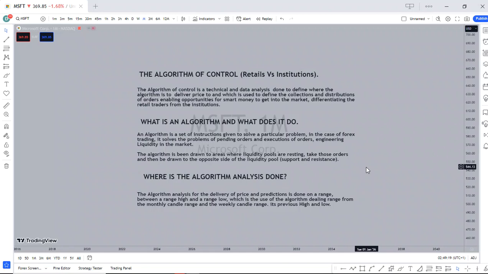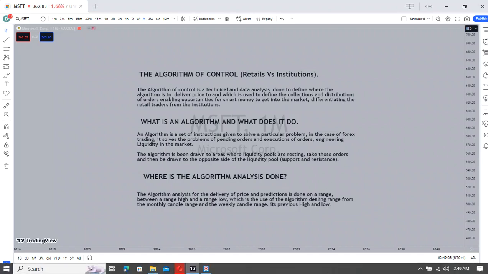Confirmation entries. The higher time frame gives you a hand of where the price wants to go. It gives you a directional bias: is it a bullish directional bias or a bearish directional bias? After you notice all of that on your higher time frame, you can now go down to your lower time frame and look for your entries and your setups.